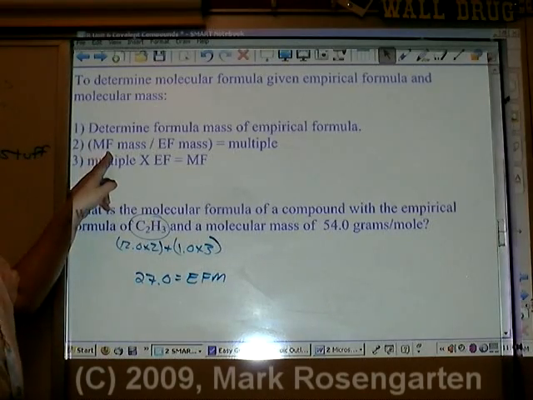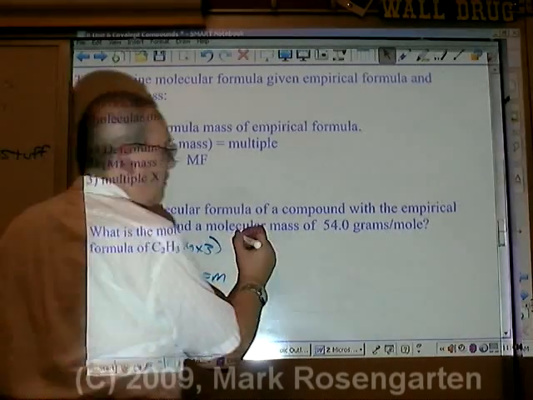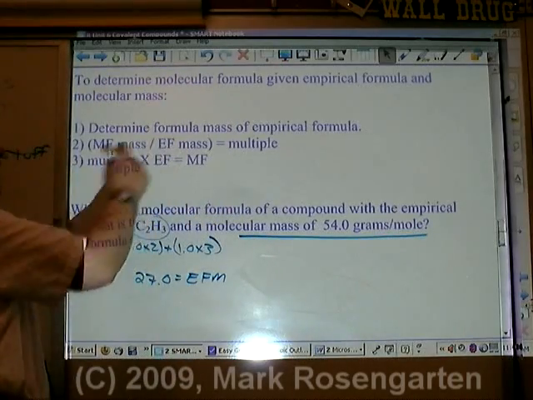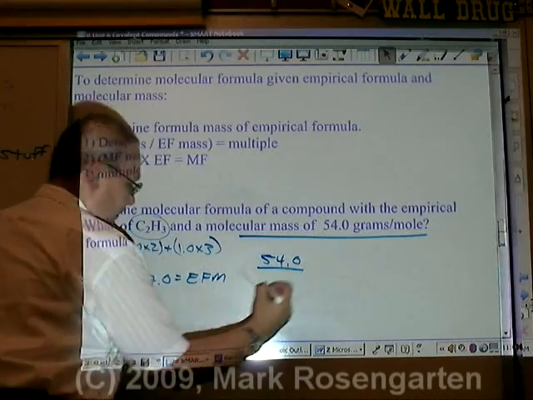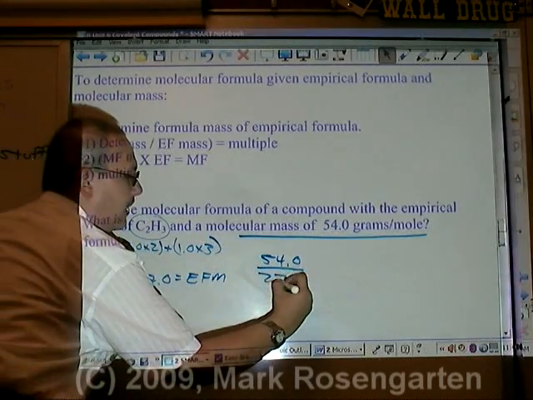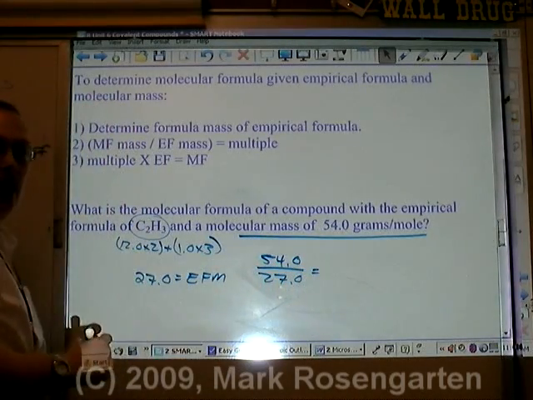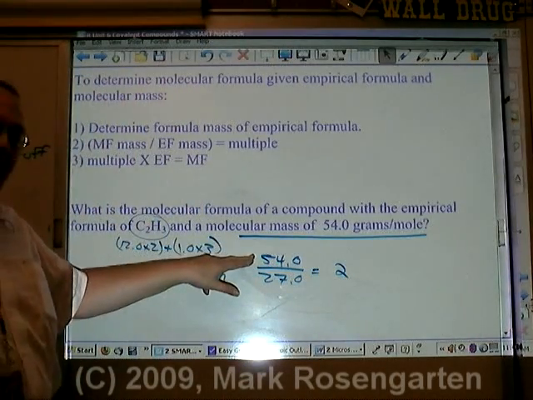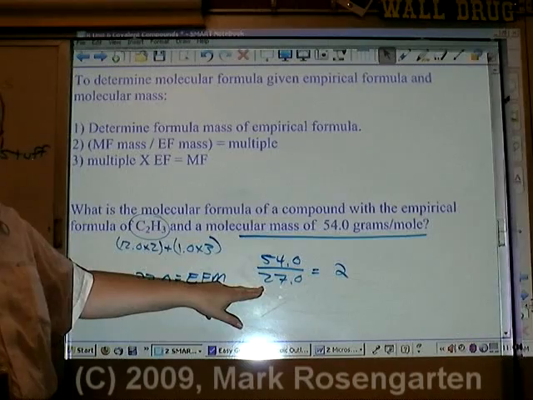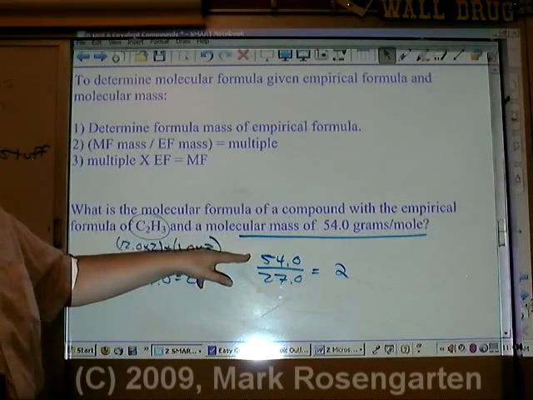Step 2. Take the molecular formula mass, and divide it by the empirical formula mass. 54.0 divided by 27.0. This will always give you a whole number, in this case 2. Because the molecular mass is twice as big as the empirical mass, the molecular formula will be twice as big